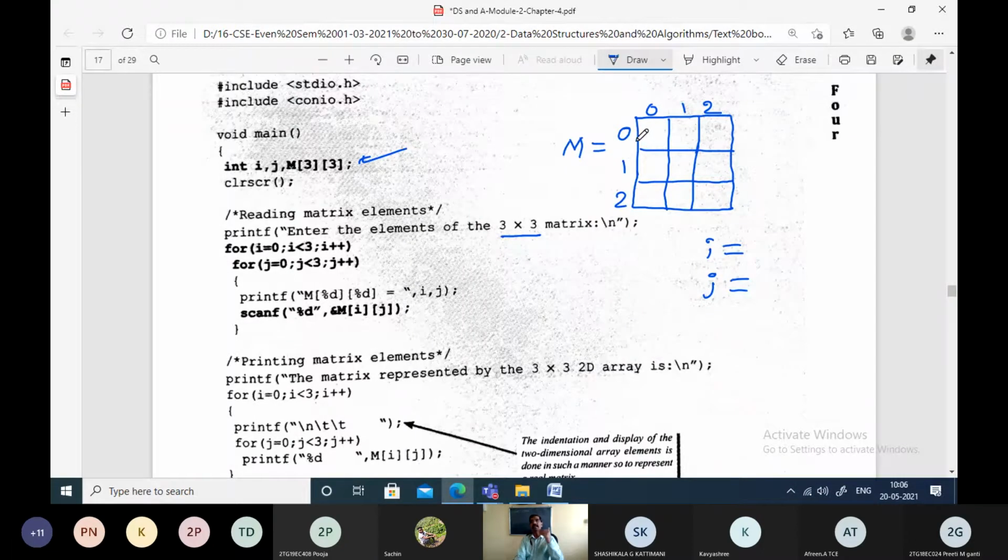For reading and displaying, we assume that the elements are taken from first row to last row, first row, second row, third row, and then in every row, take the elements from left to right. That's why the I index is always made to point to rows. Though you know how the for loop works, I'll briefly explain this. The inner for loop will always point to the columns. So the outer for loop is for the rows and the inner for loop is for the columns.